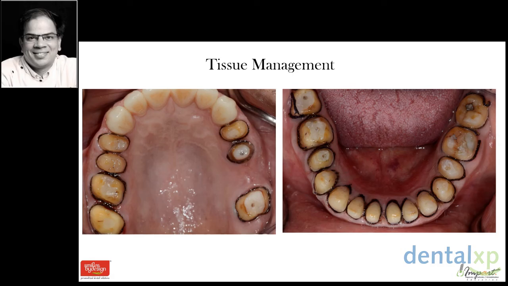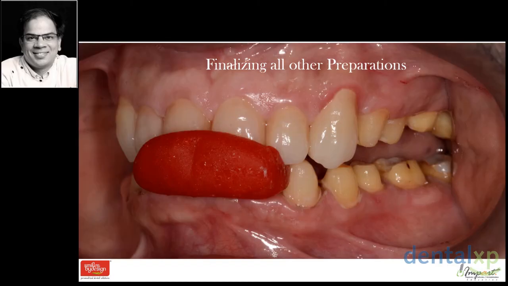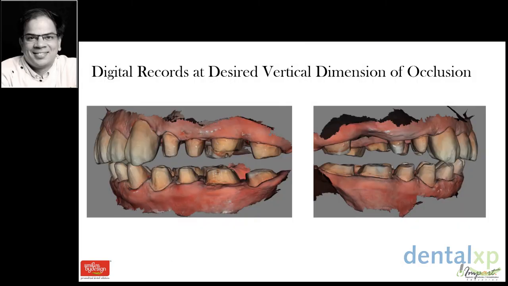That's the bite, the space that I have for all the restorations after the tentative preps are done. The Lucia jig in place, the scan of the upper and the lower cast is done, and then the bite is done in this manner. The space that is there in between. You could also use some aloe wax on one side to stabilize the bite if you feel your bite is unstable, but in this case that was not the scenario.